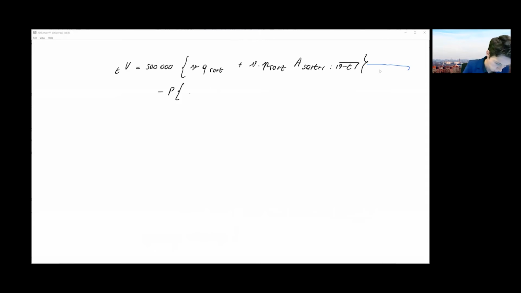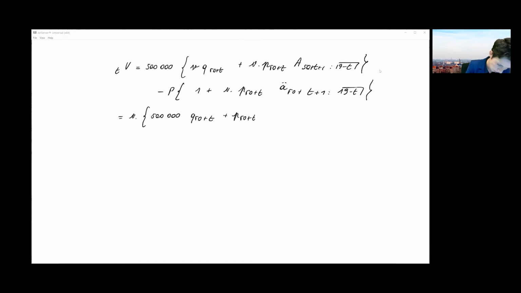And for the premiums, we do something similar. We're going to rely on the splitting identity that we just derived for the EPV of a life annuity, and we'll retrieve an expression like this. Right, so this is just a matter of plugging in the EPV for the pure endowment and the EPV for our life annuity. So if I put some terms together, I'll get the following expression. I can put the V in front here. I've got 500,000 times q_{50+t} plus p_{50+t} times the 500,000